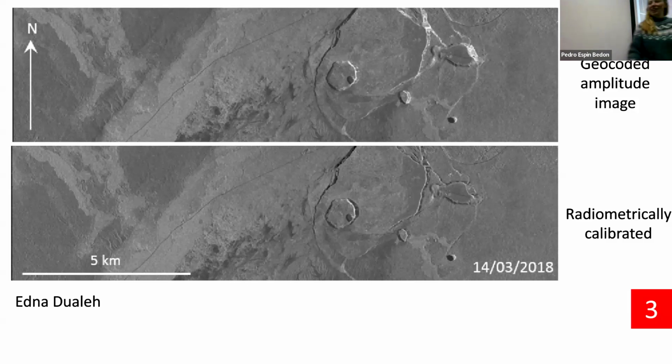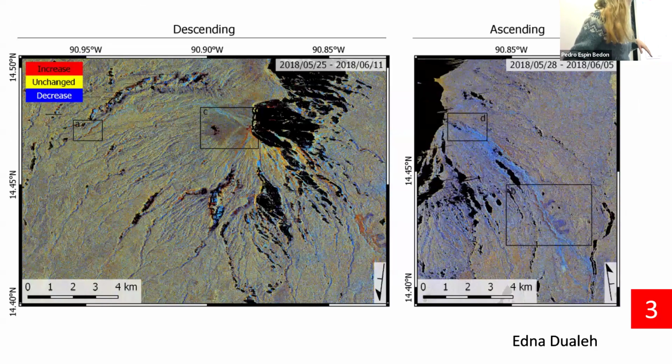It's a little vent. And the point here essentially is that when you've radiometrically calibrated the data, including a correction for the angle of the slope, you end up with a much cleaner image. The point in the picture here is looking at these really bright returns on this steep topography. It can be mitigated to some extent. So if you're looking at volcanic topography particularly, but anything that's very steep, this is a step that's worth considering.